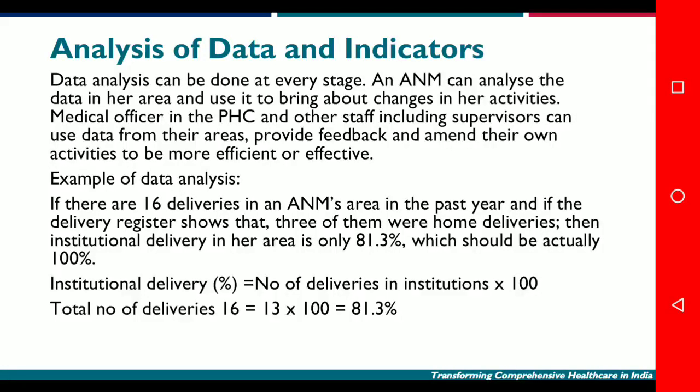To find out that and to motivate that group, she can conduct home visits. She can go there. An ASHA worker will be sent there to influence the people for institutional delivery, telling them about the benefits of institutional delivery so that complications can be avoided. People can come to know about the money provided by the government to conduct their delivery in the institute rather than at home, because home deliveries are not that sterile a process.